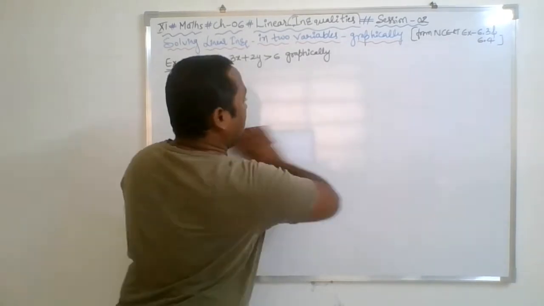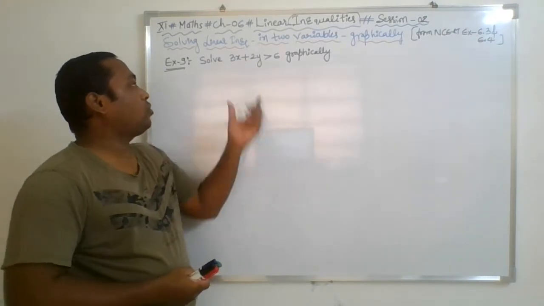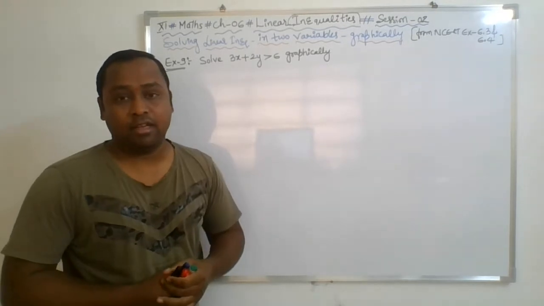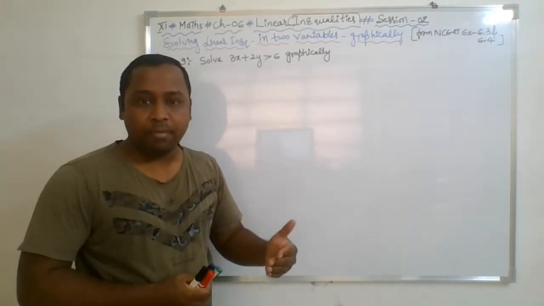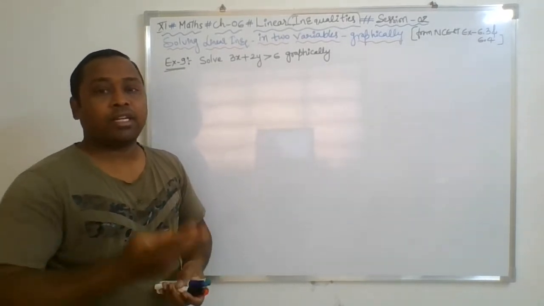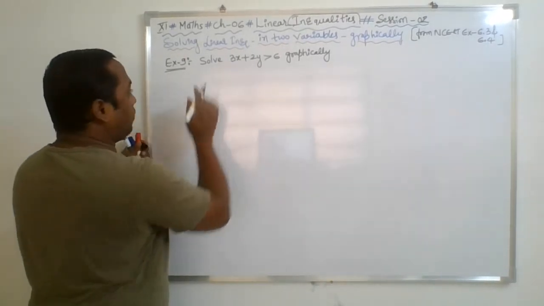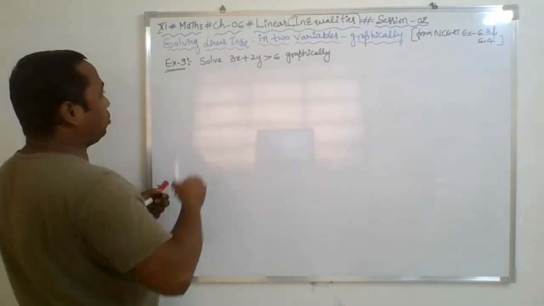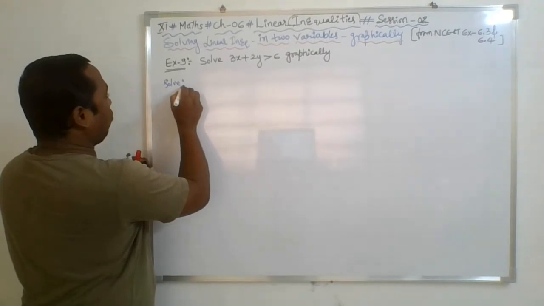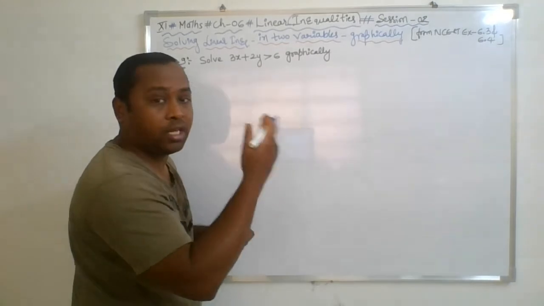So first of all, to solve this inequality graphically, first we need to plot the line. To plot a line, we require minimum 3 points. Just for safety purposes, we are taking 3 points. For that, first of all, you need to draw the graph of this. So I'm starting the solution over here. First, I will find 3 points which satisfy the equation. So we are not talking about the inequality first, we'll talk about the equation.